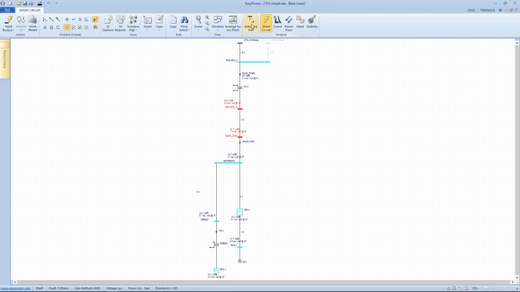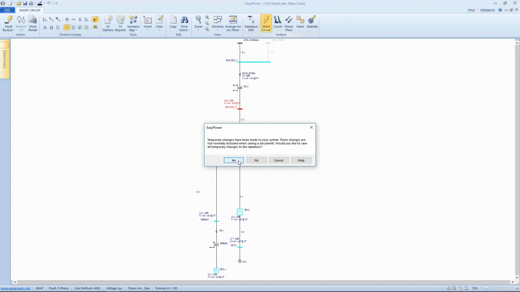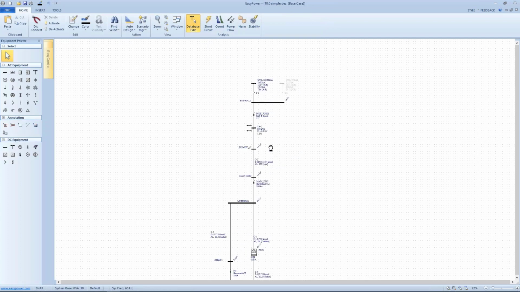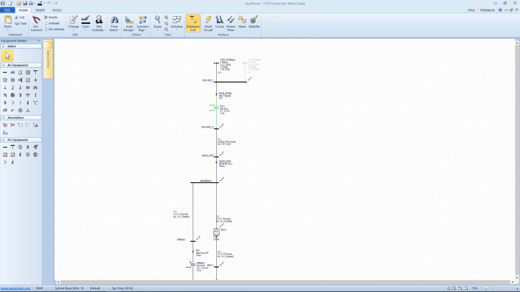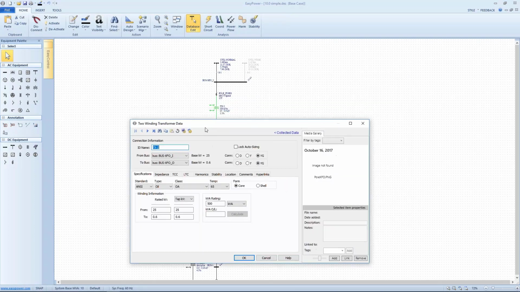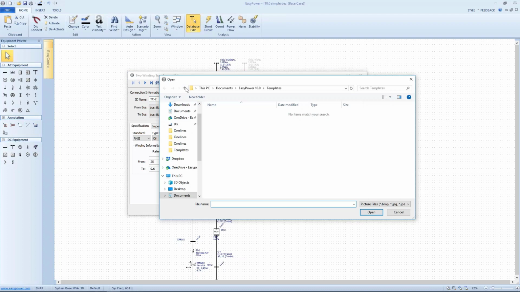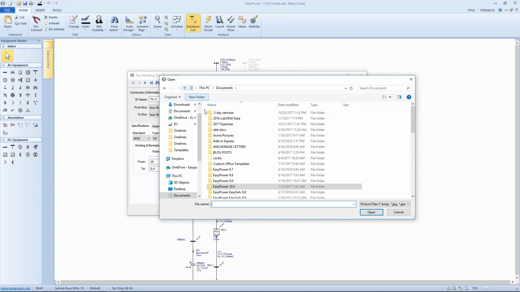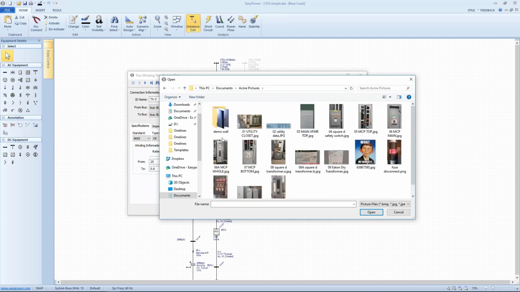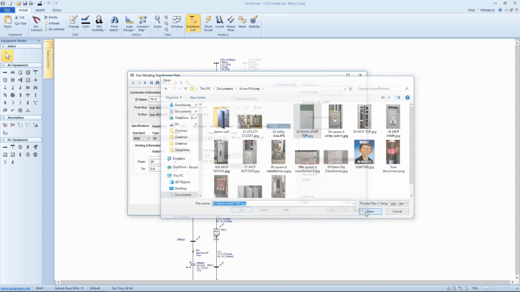One of the things that you may want to consider even at this point is, as you're collecting data, what's the benefit of including something like digital pictures? Just as a real quick aside, EasyPower has the ability to include or attach in this collected data media gallery, attach pictures or digital images that you could take as you're collecting the data. In this case, I've double-clicked on the transformer, and I might want to attach a picture that I've taken. I saved all my pictures in my Acme picture file, and here's the nameplate on the transformer